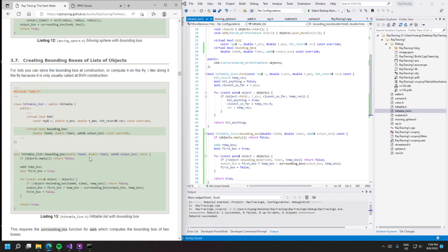The bounding box, as always, takes time 0 and time 1 and takes the output box. If the object list is empty, then just return false. Otherwise, okay, it's still doing it. So a temporary box, and you kind of assume you can do it. If you cannot bound it at a given time, then just return false. And if you can,